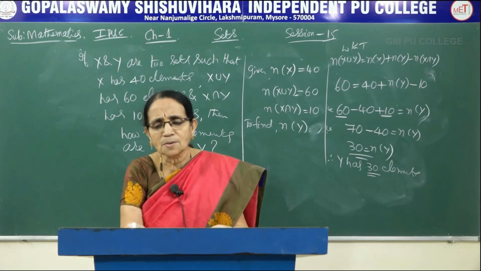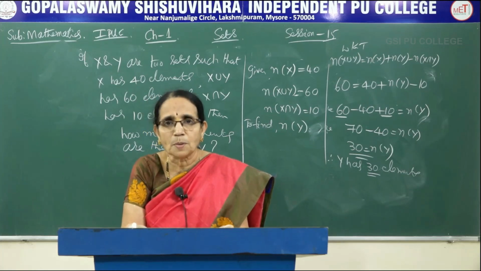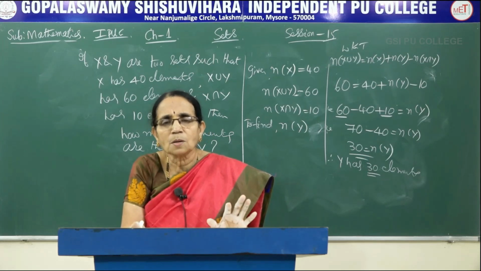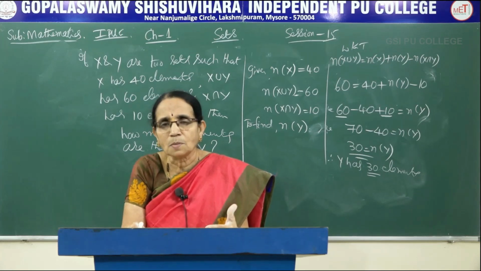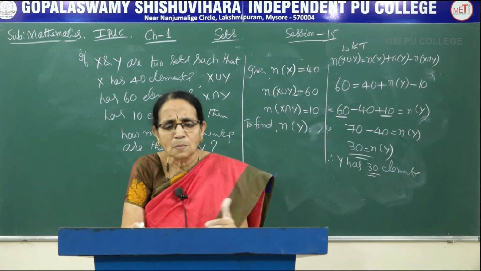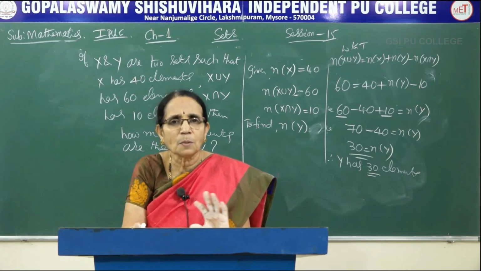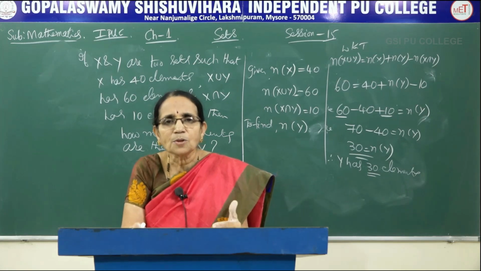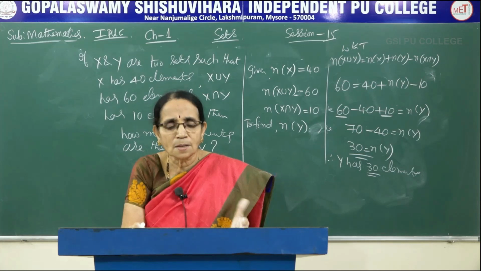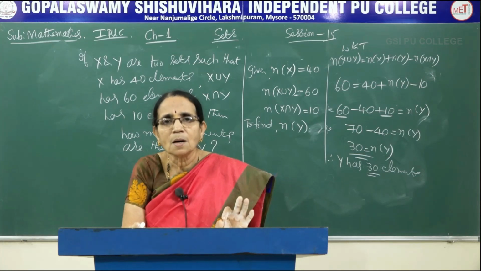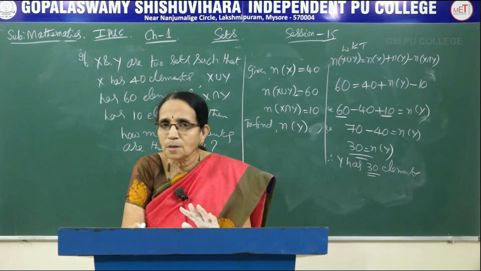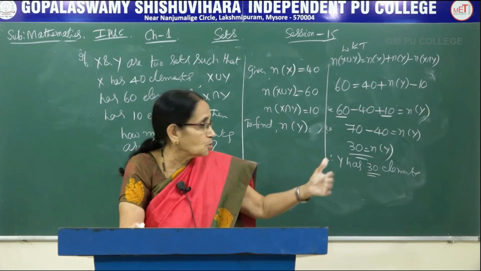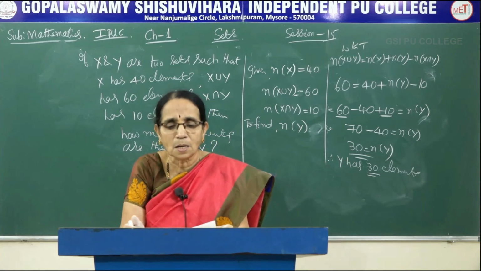Now these are comparatively simpler problems, which can be expected for either a 2 or 3 mark question. For a 2 mark question, writing the formula and the data is 1 mark, and the remaining part is 1 mark. But sometimes, even in the question paper, there will be some changes. Suppose it is given for a 3 mark question. In that case, writing the formula is 1 mark, writing the data and half of the simplification is 1 mark, and writing the answer in a sentence or using the notation gets you the remaining mark.